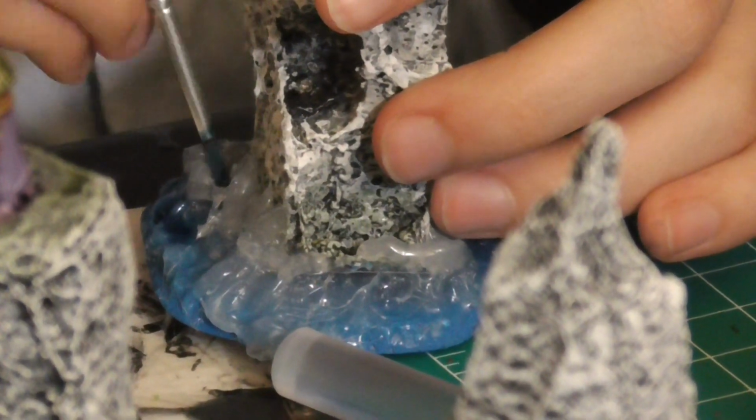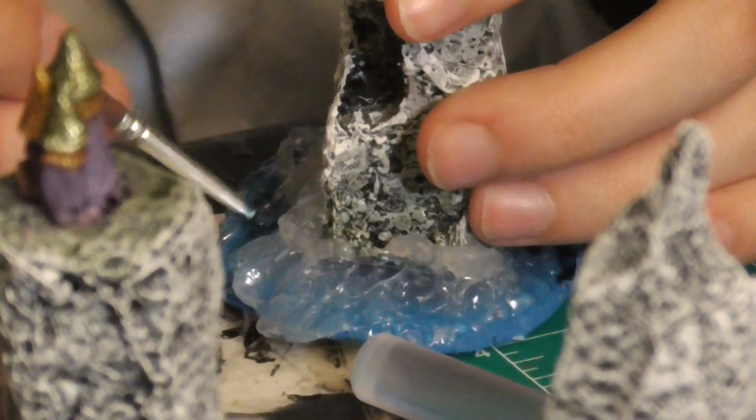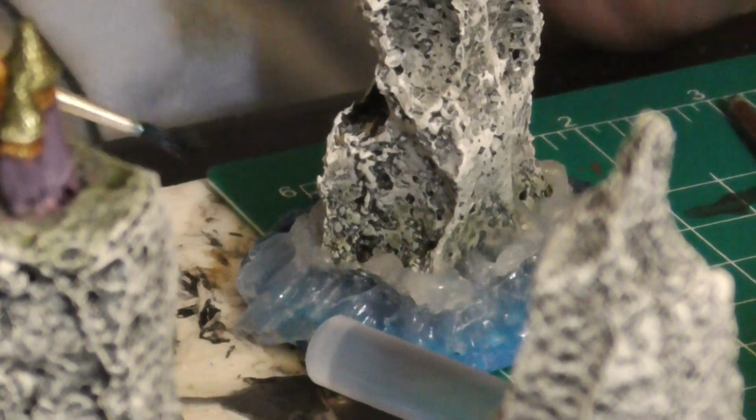I'm using a basic, really generic blue color for the bases, and you want to kind of obscure and hide that as much as possible. I could have gone multi shades with the blue paint, but I just wanted to get these more or less table ready. Plus they're going to have to match the color of the tablecloth or battle mat that I'm going to use for when we play galleys and galleons. So you don't want them to stand out too much. So I picked your basic,